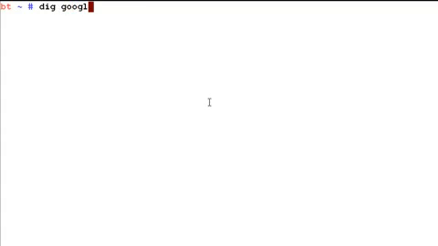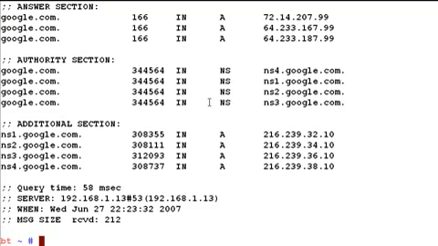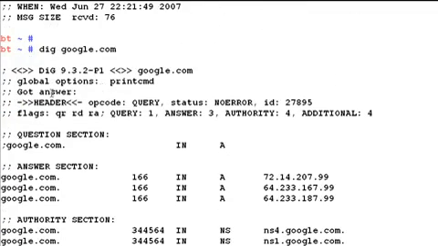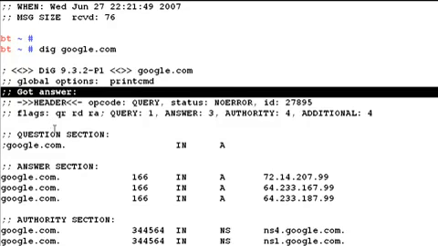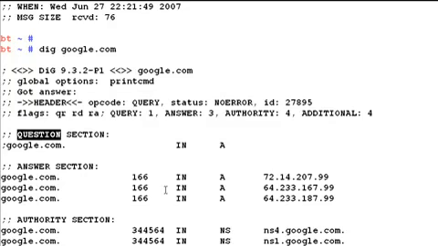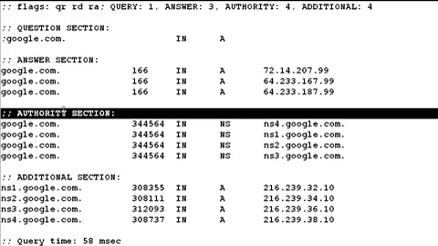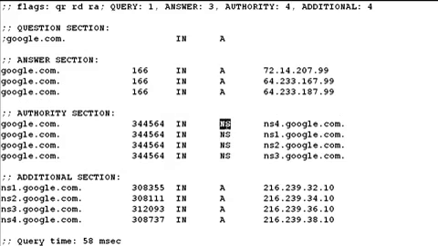So let's start off. Let's first find out the IP address of google.com, and we use the dig google.com command. You can see that after that we've got an answer. The question, of course, was what is google.com, and in the answer we have these three different IP addresses which have been given. So all these three correspond to google.com. This is of course well expected, because google.com hosts thousands of big server farms which all contain different IP addresses. Also the point to notice here is the authority section, in which we have the domain name servers